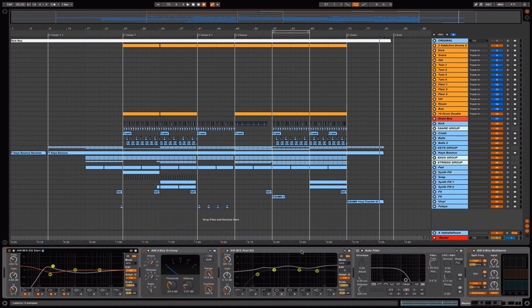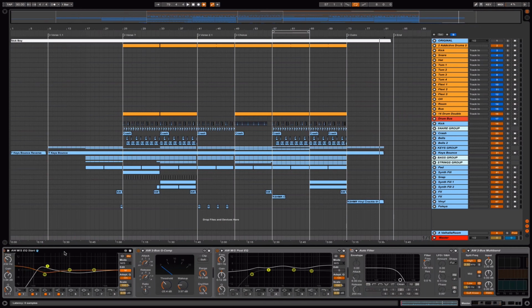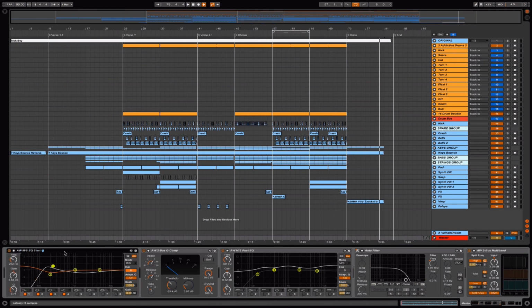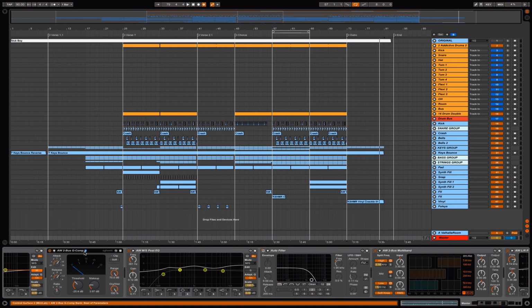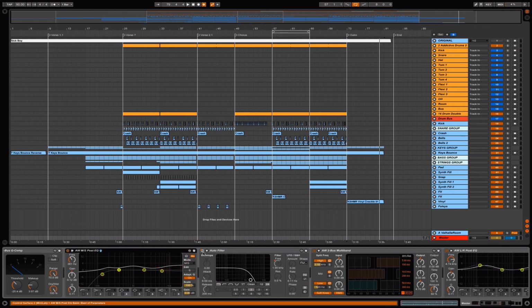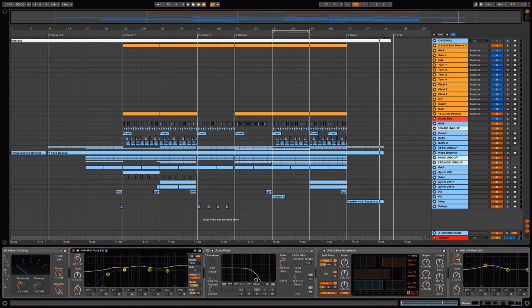So I have a couple of EQs and the compression. There are a lot of EQs in this one. The first EQ is the mid and side. To start, I set most of the low frequency in the center, and I kill the low frequency for the sides. And I have the glue compressor for the master bus, and I have another mid and side